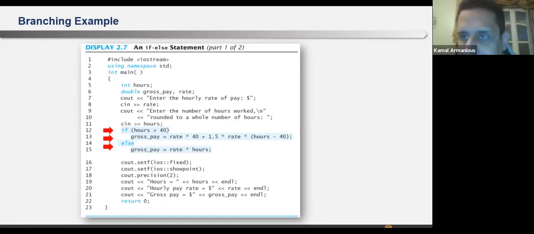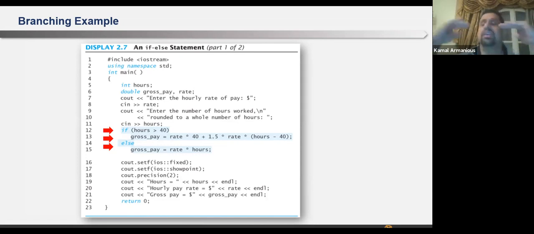Normally, what does it mean? The execution of the C++ program means that the compiler will start sequentially. What does sequentially mean? It means one after the other.